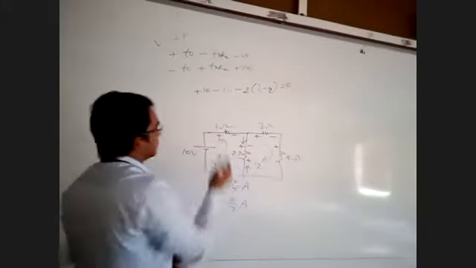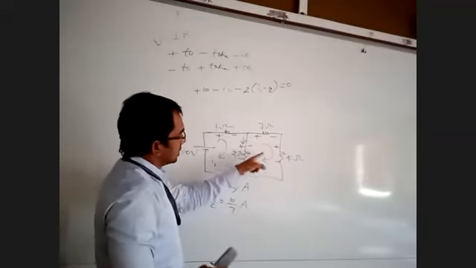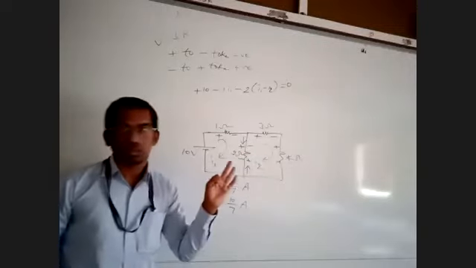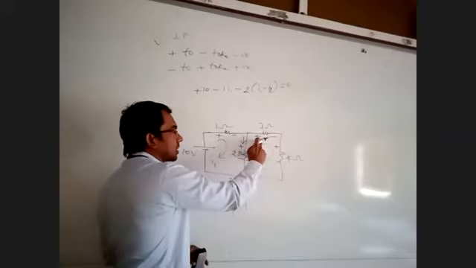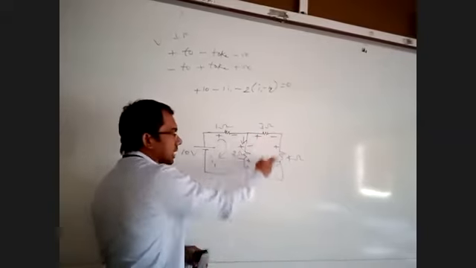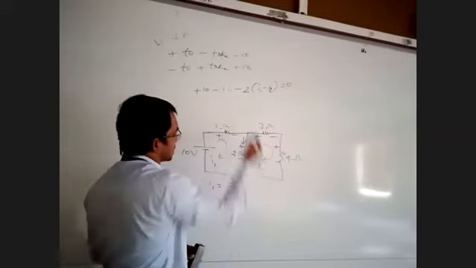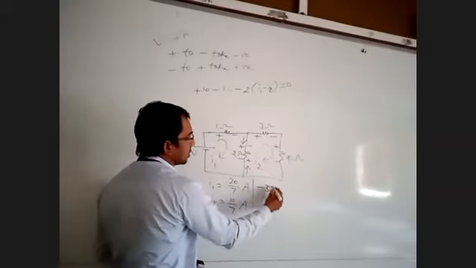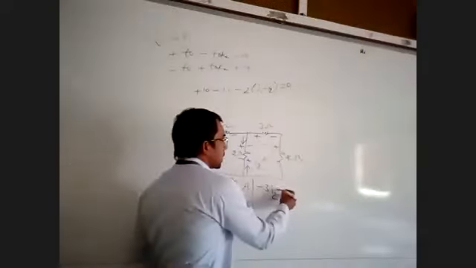Similarly, see the second loop. In the second loop, how many elements are there? Elements means resistor, inductor, and capacitor. Here we are having only resistors. Start from any point. I am starting from plus 3. But in the second loop, you have to see I2 only. I2 is flowing from plus to minus. Plus to minus means minus. Minus 3, since only current I2 is flowing in 3 ohms. Plus to minus, minus 4.